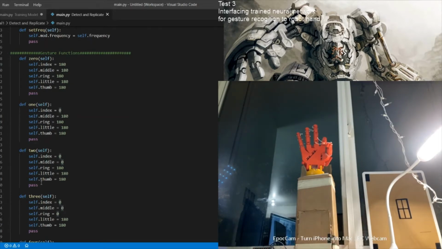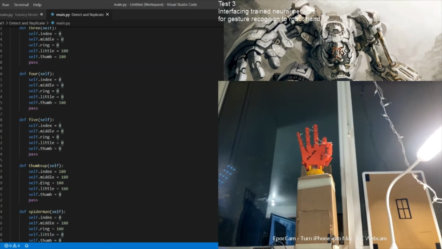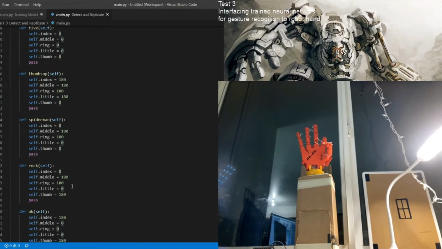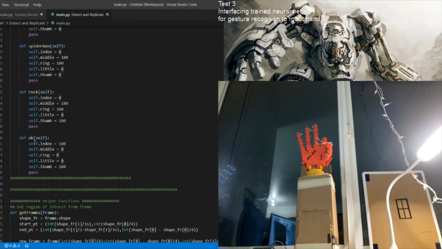Here we are just setting each gesture's values. Each gesture will have different angles for each finger, so if we call this method, it will set those values to the fingers. This is what it simply does.